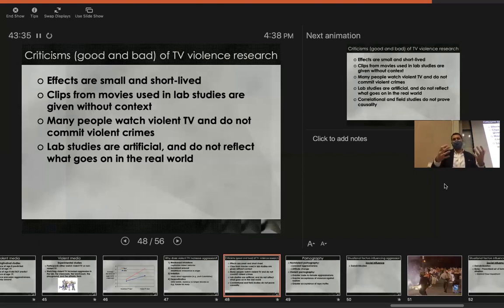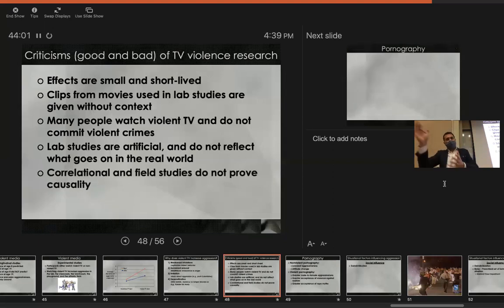And it has to sort of be that way because in order to get the experimental control required of an experiment, you have to have a lot of control over that study, which is very true. And this is why researchers also conduct correlational studies and longitudinal studies, and they look at these effects in the real world to make sure that the effects that they see in the lab generalize to the real world as well. But then the critique goes, well, but those studies, longitudinal and correlational studies, don't prove causality because they're not experiments, which is also true. That's one of the problems with correlational and longitudinal studies. Again, as we saw at the beginning of the semester, which is why we have experimental studies as well.